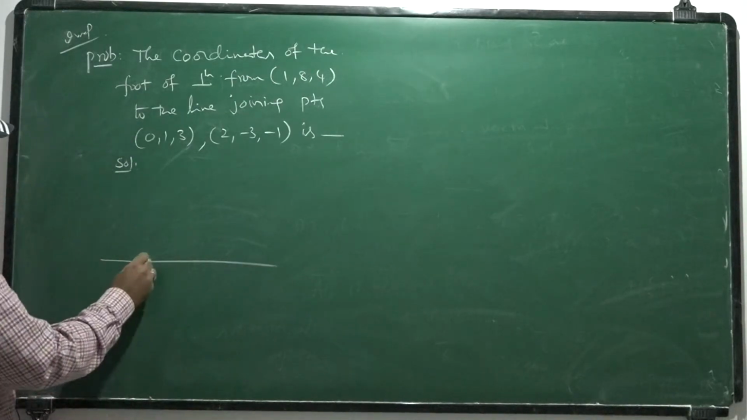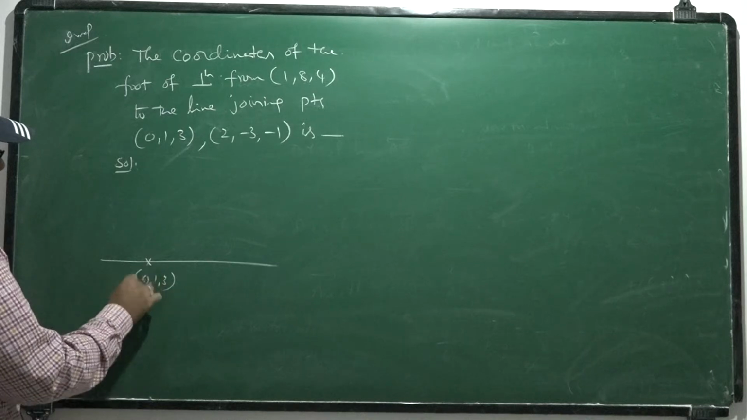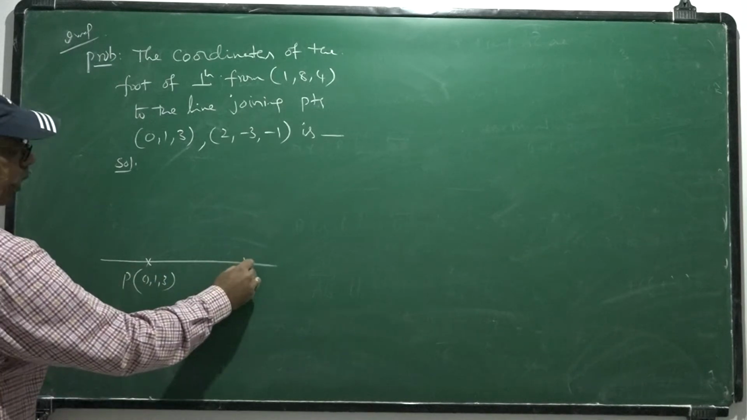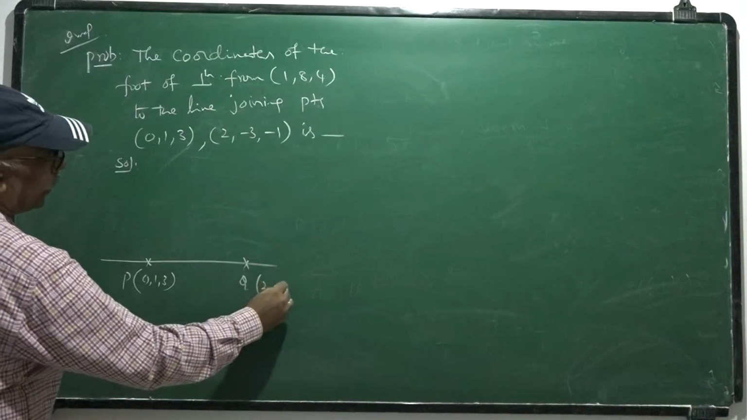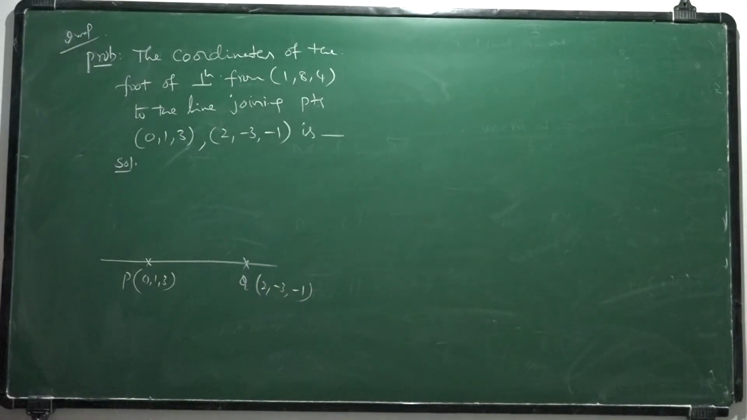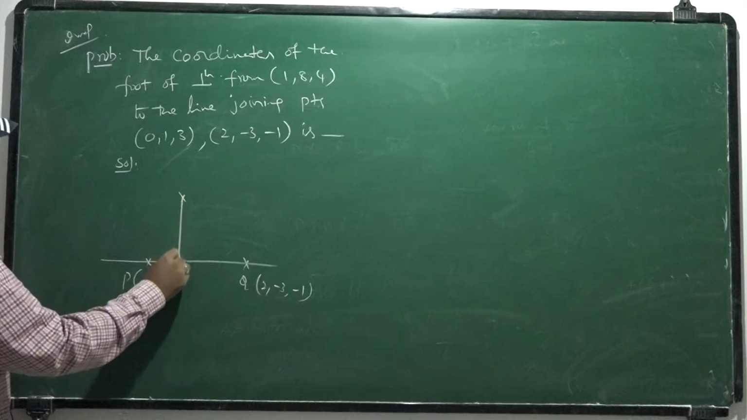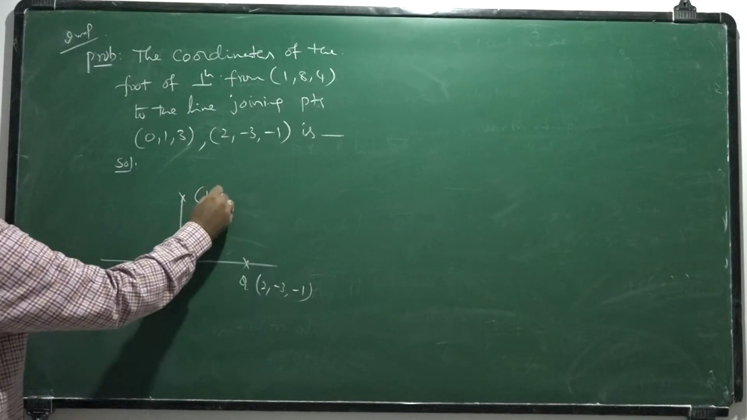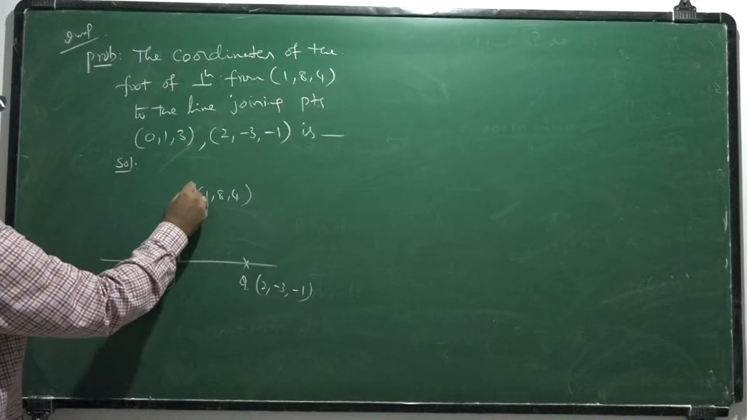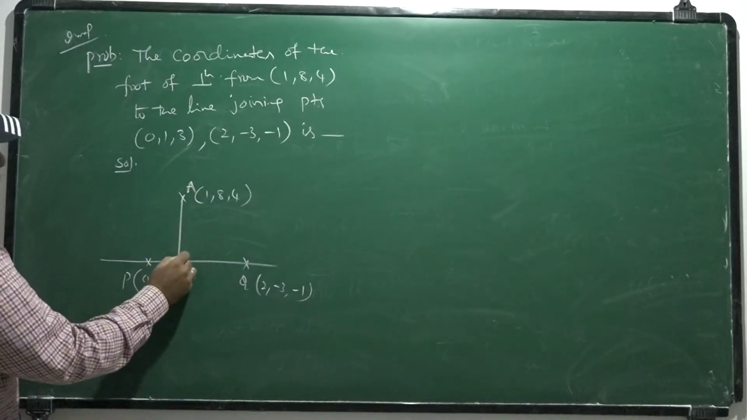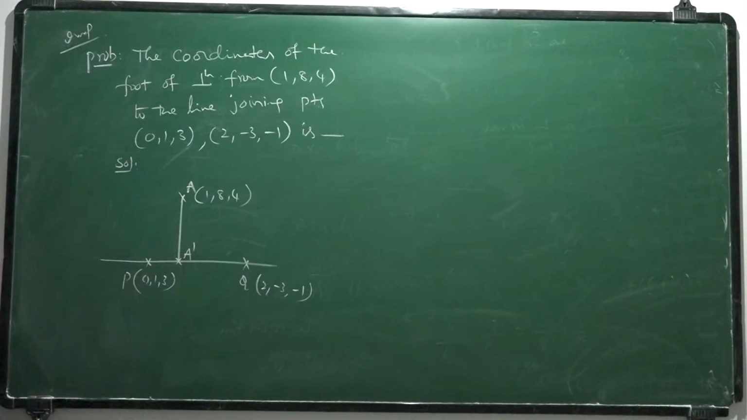Let us suppose this is the line that passes through P (0, 1, 3), and Q is (2, -3, -1). Now you have to find the foot of the perpendicular from the point (1, 8, 4). Let it be A. Let the foot of the perpendicular be A dash. Now you have to find the coordinates of A dash, the foot of the perpendicular from a fixed point to the line that passes through PQ. In such a case,